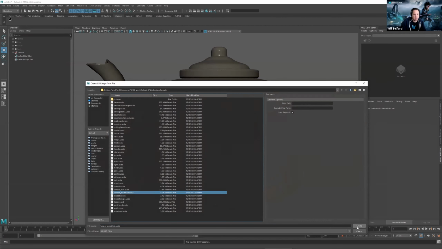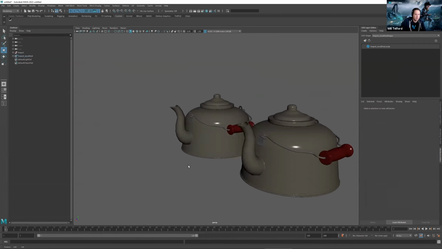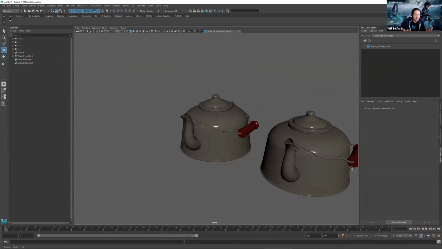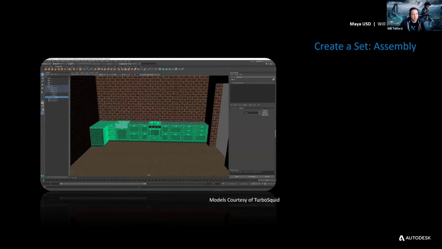And then here I just bring it back in as a stage so you can see again the Maya data next to the USD data. And you can see that that is another lossless round trip there. So very powerful. And so using that process, we now have been able to create a library of assets on